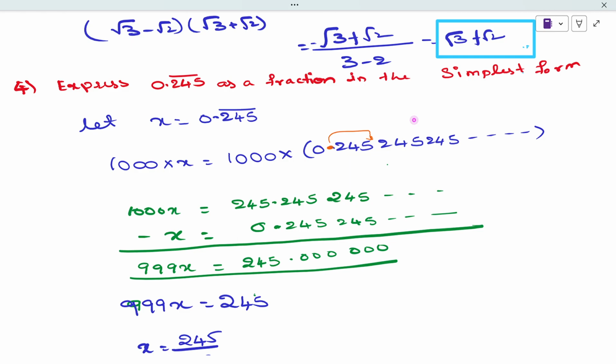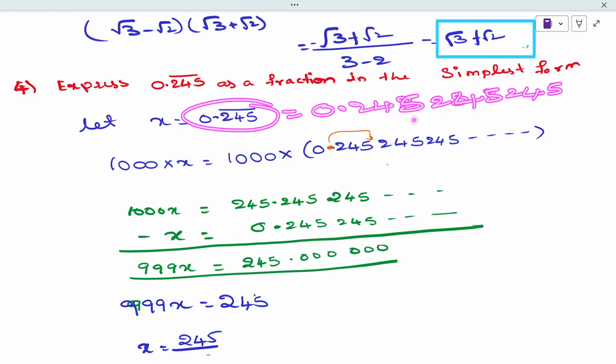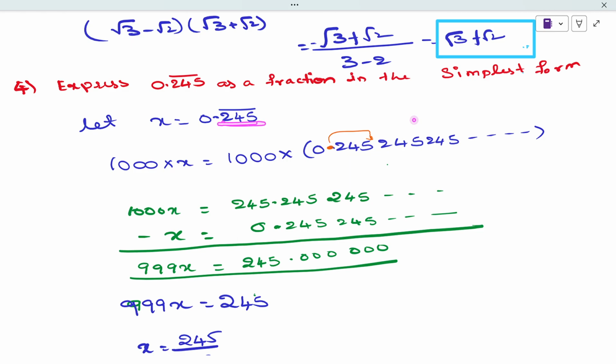So let x equal 0.245 bar. This is nothing but 245 repeating continuously, never stopping. Now, how many digits are repeating? Three digits are repeating. Three digits repeating means 3 zeros, that is nothing but 1000. So we have to multiply with 1000 on both sides. So 1000x equals 1000 into